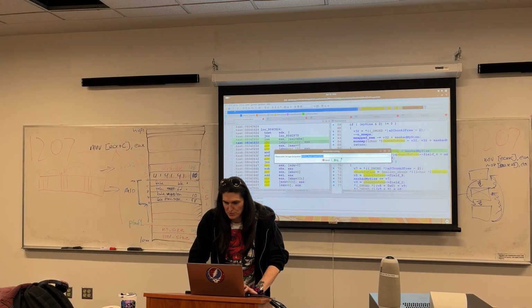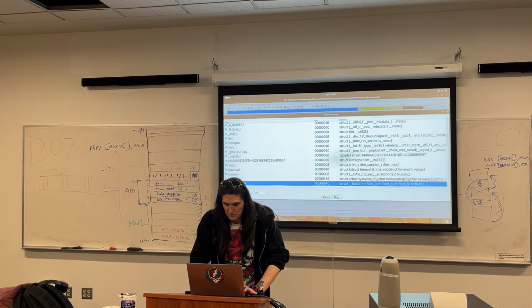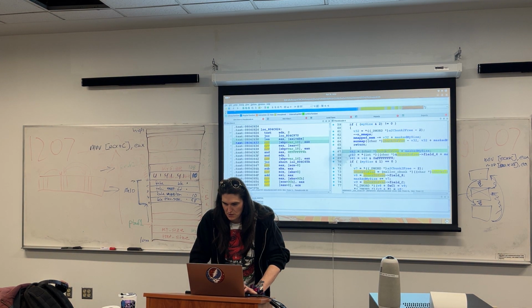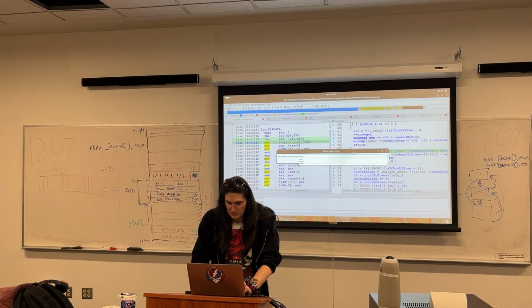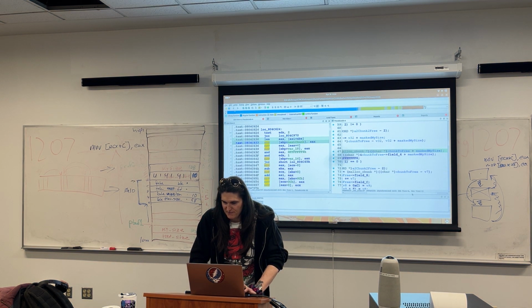Set type, oops, not like that. We're going to cast it to a struct. Convert to struct, malloc chunk. And this one is going to be also a malloc chunk. Okay, so this is next chunk. Okay, and then we've got field 4 plus my size. So that's